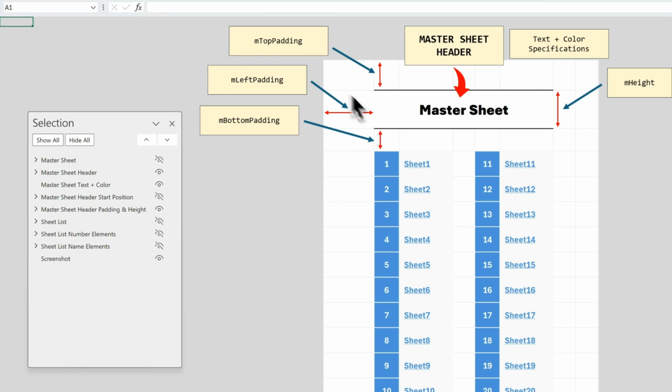So you can see we've defined M top padding, as in master top padding, with the distance between the top of the worksheet and the top of the master sheet header. M left padding, which is the distance between the left of the worksheet and the left of the master sheet header. M bottom padding, which is the distance between the master sheet header and the sheet list, and so on. And then you can hide that,